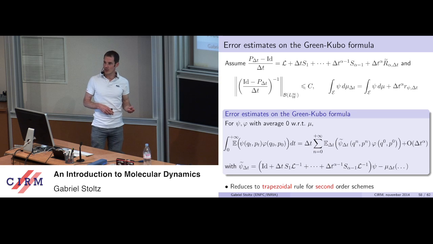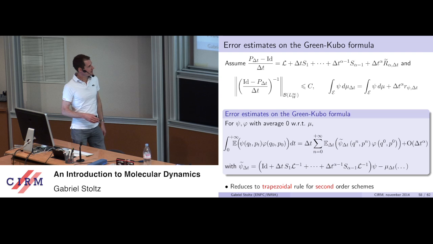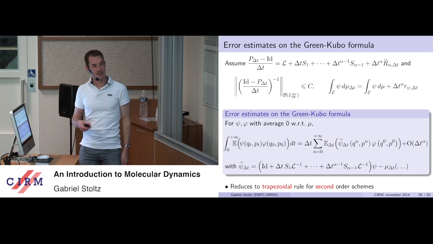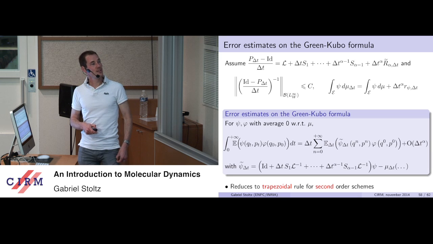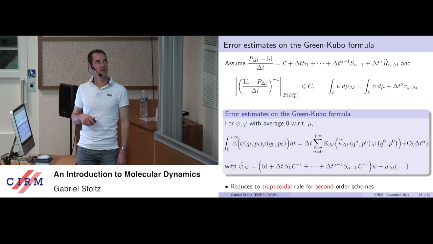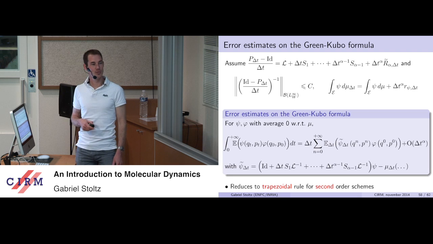There is a statistical error, which you control as you did before, by doing several independent replicas and estimating the variance. And there is a systematic bias, which is a bit more complicated. I won't go into the details here, but it's simply to advertise the fact that those kind of continuous integrated autocorrelations can be estimated from numerical simulation with some remainders which are related to how well the invariant measure approximates the Boltzmann-Gibbs measure. And so there are formulas for what the corrections are.